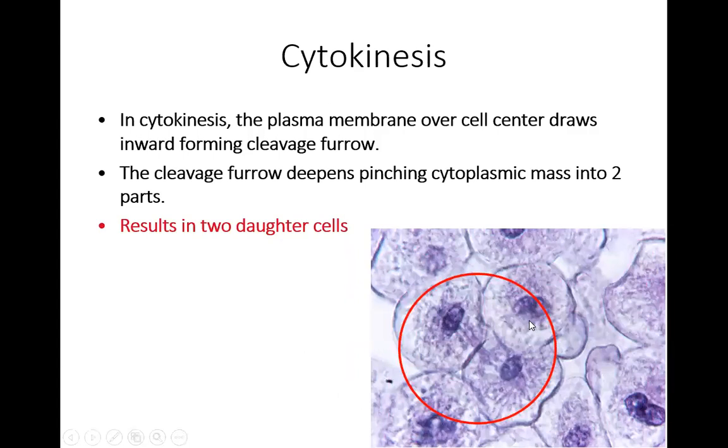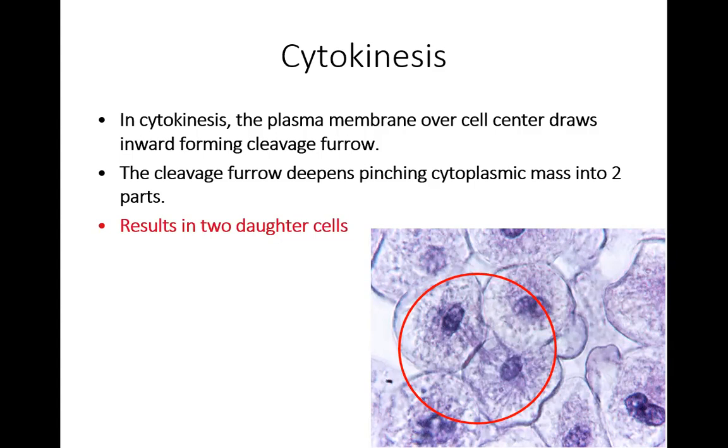Cytokinesis has to happen to give us the two new cells. Without cytokinesis, we just get one large cell. So that's why we say mitosis and cell division. Because without the cell division part, without the cytokinesis, we don't get two daughter cells. Here we can see